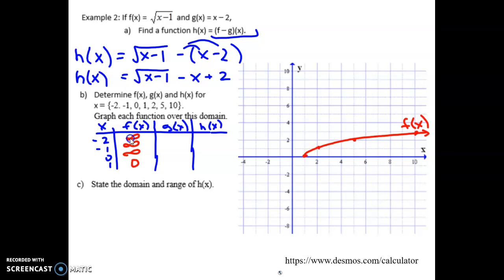Now let's take a look at g of x. Now g of x is linear. So at minus 2 it's at minus 4, at minus 1 it's at minus 3, at 0 it's at